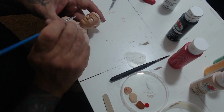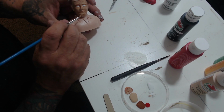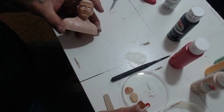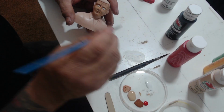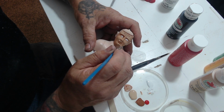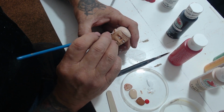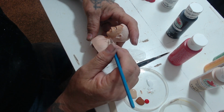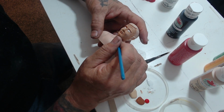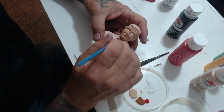I can't tell by what he looks like on camera, but he don't look bad. So we'll put a little dark in the cleft of his chin here. And a little dark underneath his lip. I mean, when I say a little dark, I'm just barely touching the brush to the dark paint. And under his chin is going to be a little darker because it's shadowed. So give him a little depth. We're going to hit it with the airbrush too to throw in the shading, but